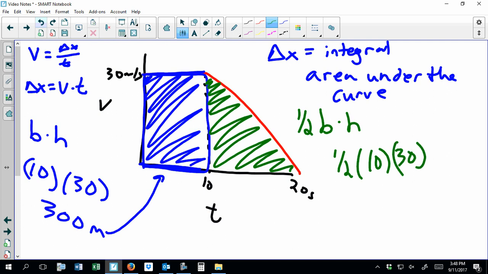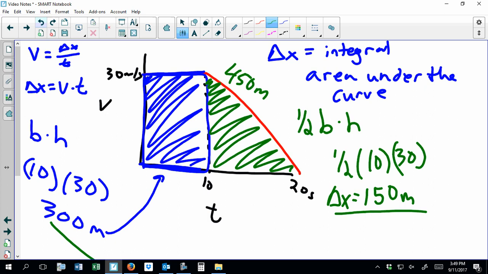But because it's a triangle, we take half of that, so I end up with a displacement of 150 meters. If the question then asks what's the displacement for the entire 20-second period, I would just take this displacement, the 300, and I would add 150 to it. So for the whole thing, we're looking at